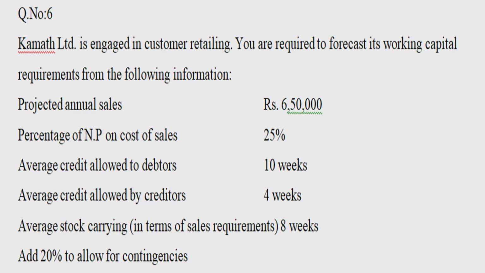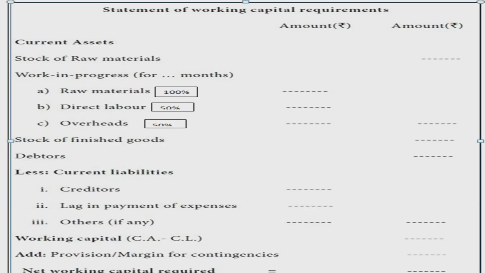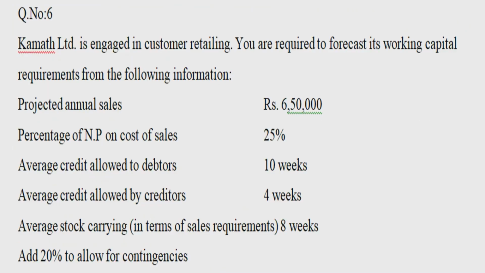How are we supposed to calculate the working capital requirements? Working capital requirement is nothing but current assets minus current liabilities. If there are any contingencies, we have to add them. Finally, we will get the net working capital requirements. So under current assets, we have to consider stock of raw materials, work in progress, finished goods, debtors. Okay. Here the information given is,